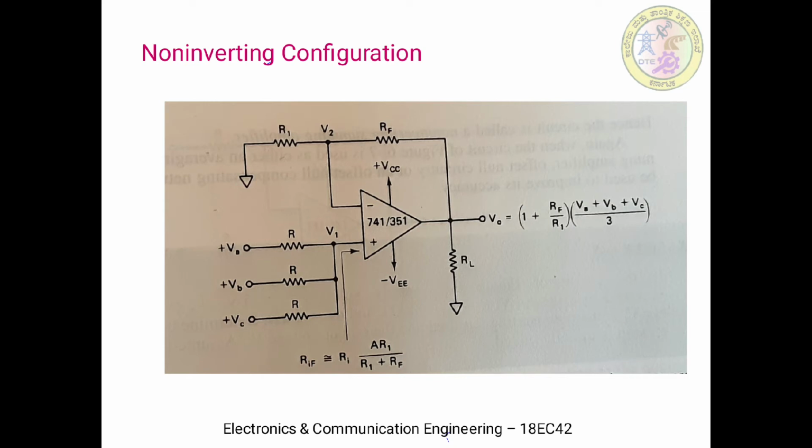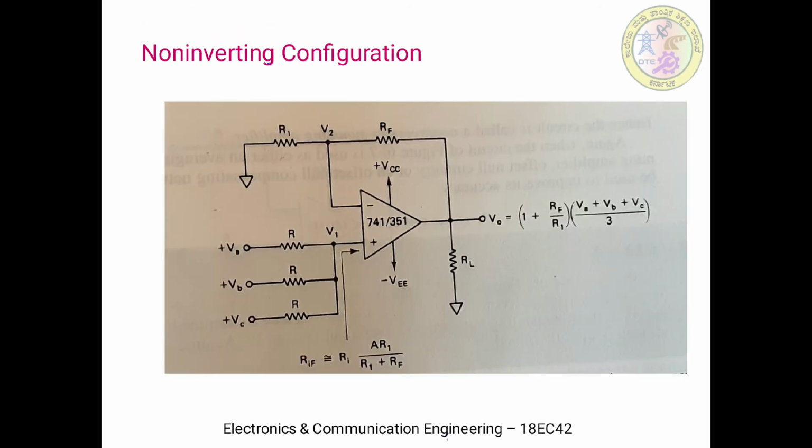That is, apply an individual input. For example, apply only VA and make VB 0, VC 0 and find out the output. The second time, make VA, VC 0 and find the output voltage only for VB. Similarly for the third case. Then add all the 3 outputs, and the sum of those 3 outputs will be V1. So using the superposition theorem it is possible to write V1.